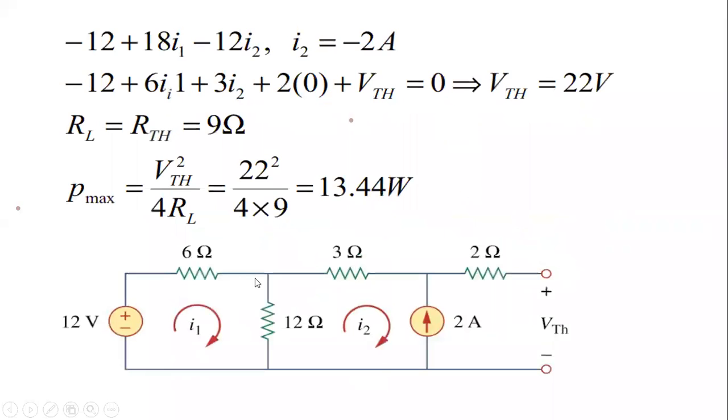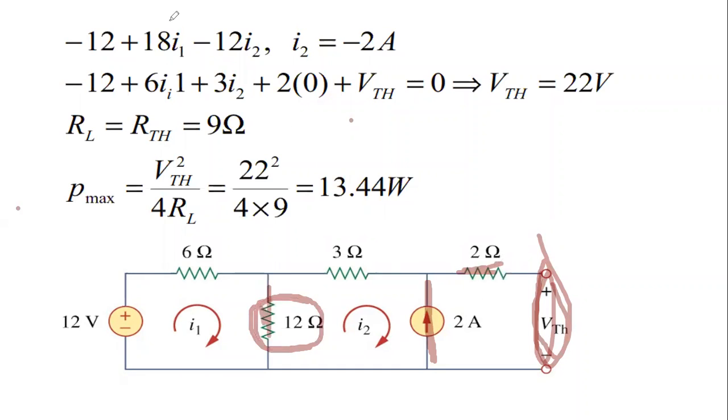If you have RTH, you need to find VTH also. For VTH, we will open circuit this terminal. Again it is Thevenin theorem. You will open circuit this, no current will flow here. It means this current is there. We have already done this question in Thevenin theorem. If I am able to find the current here, the current into this resistance will give me VTH.